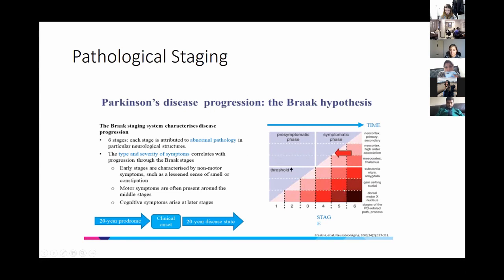So about the time someone is diagnosed, you're talking about midbrain, the dopamine cells, but over time, pathology continues to spread. So you get the thalamus, you get subcortex, and then you get sort of neocortex, and then the final cortical loss. And again, that's what accounts for the accruement of non-motor symptoms, especially